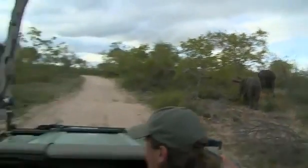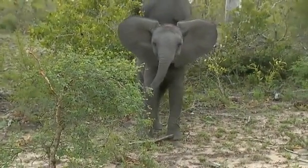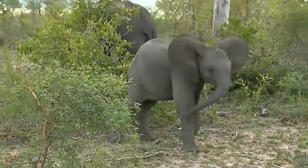Always try to keep your gear in low range. Hello, little man. So that's very distinct little elephant bull behavior. They like to be very big and tough, and they quite often come running up to the vehicle. But as long as mom's close by,